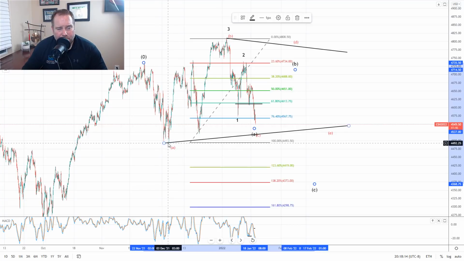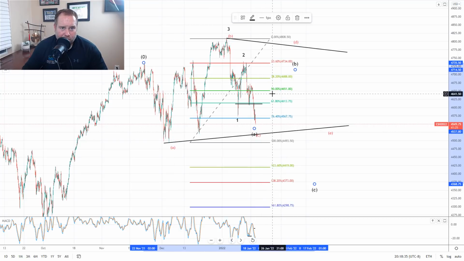If we can break through that, which I prefer, that's our primary path, and I prefer it so that one, it's easier to track, and two, we get it over with. If we can break through that, we rip off the Band-Aid and we head more directly towards that 4350, 4300 area. However, if we cannot break through this low, and we hold that 4500 to 4520 area and then